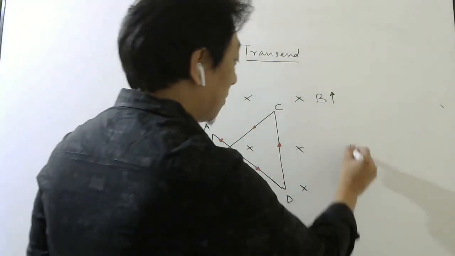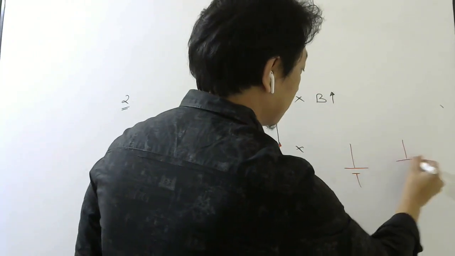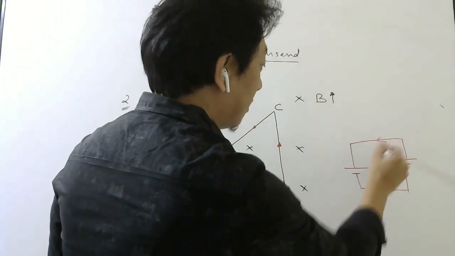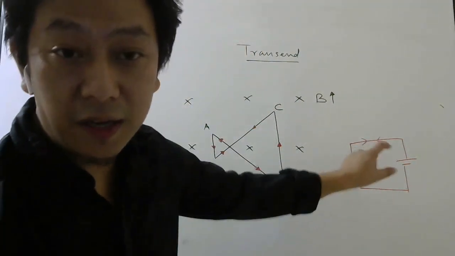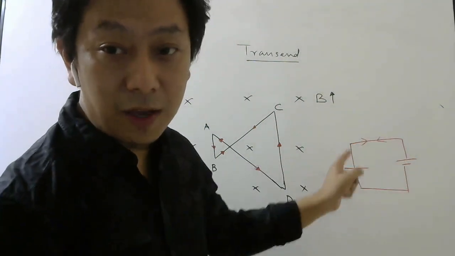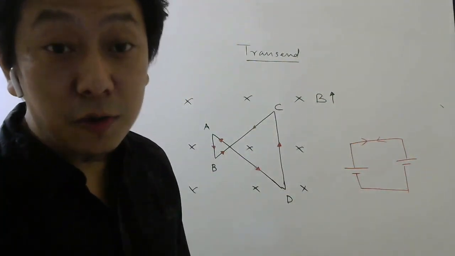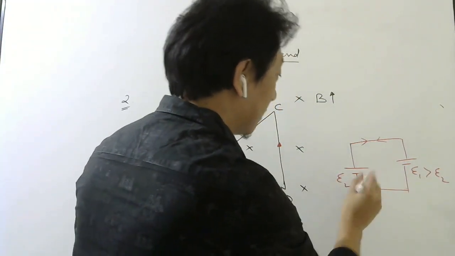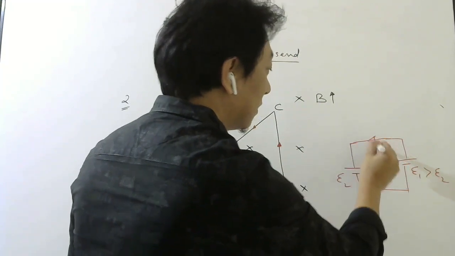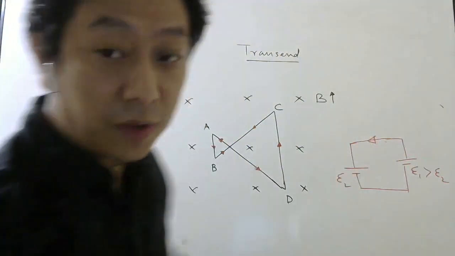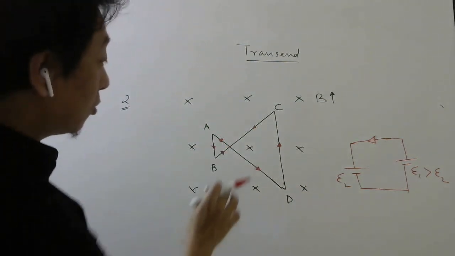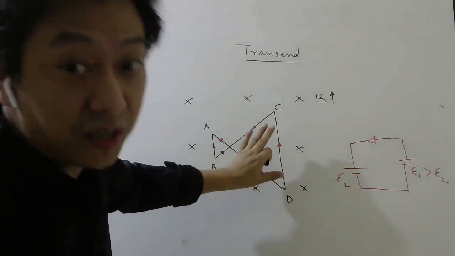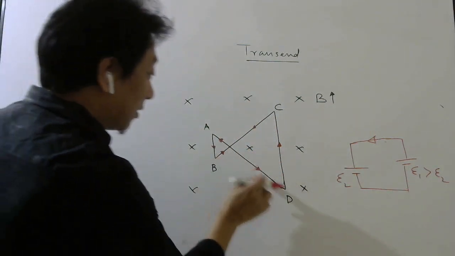See students, if we have two batteries like this, this will drive current this way and that will drive current the other way, depending on the polarity of the EMF. That doesn't mean current in the wire will go this way also, this way also. It depends on which is the bigger EMF. If this EMF is bigger than this EMF, then the net current will flow this way. So we have to check which is the bigger area. The direction of the induced current will be controlled by the EMF developed in the bigger area. Understood or not?